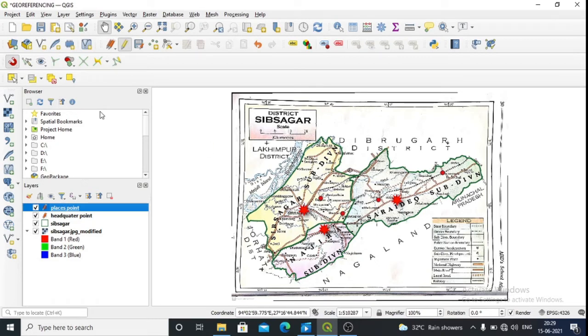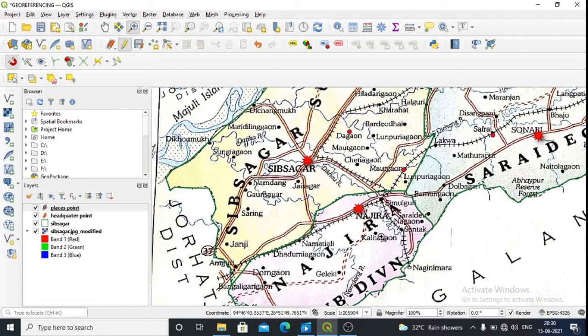But when we talk about the line feature, we need the snapping option. Why? Because see, this is the border, right? This road network is intersecting with this boundary line, so we need to enable this particular snapping point.